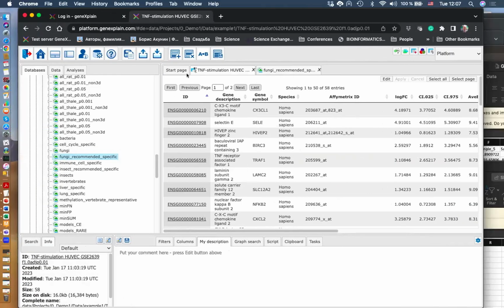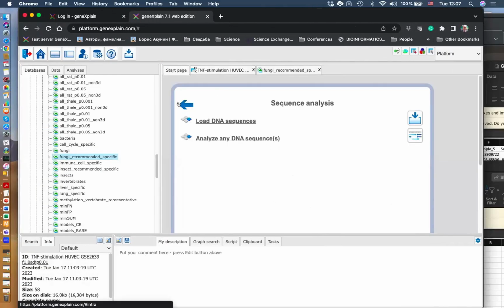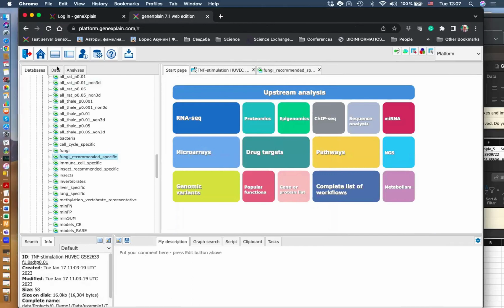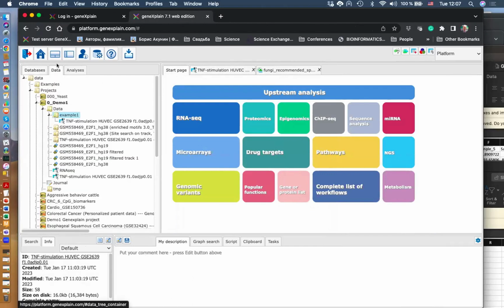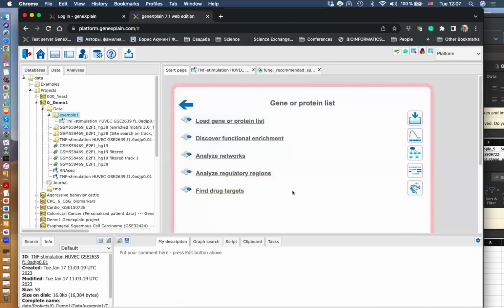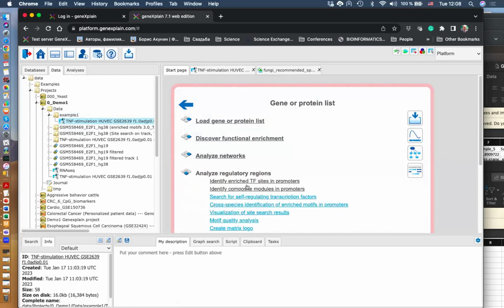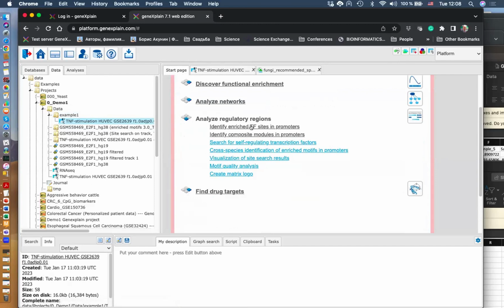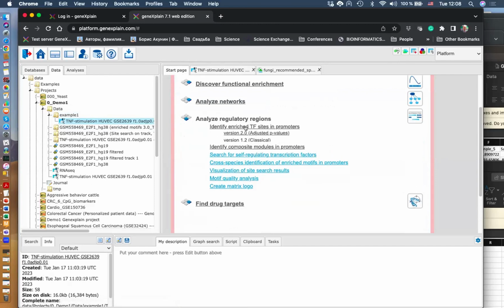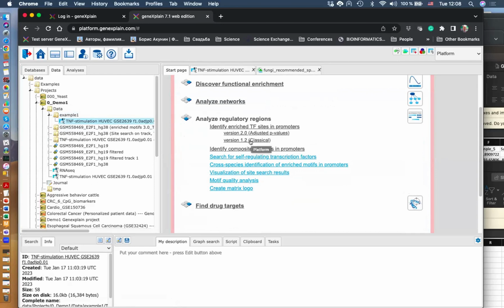And by the way, so how do we analyze the data? Very quickly, concerning, for instance, a set of Ensembl IDs. So we loaded it. We have this table, and we want to analyze transcription factor binding sites enriched in the promoters of those genes. So then we go here, analyze regulatory regions, identify enriched TFBS in promoters, and for instance, you can run a classical